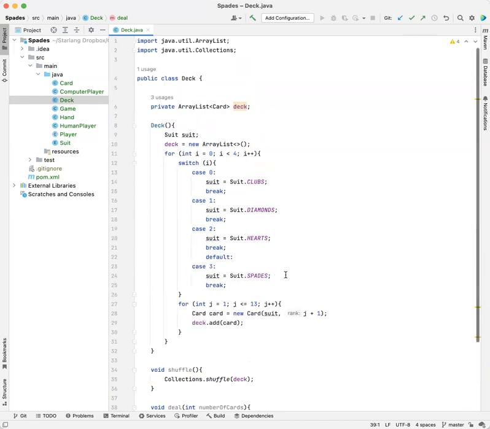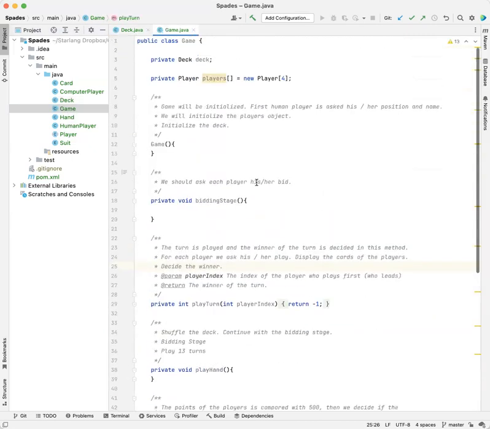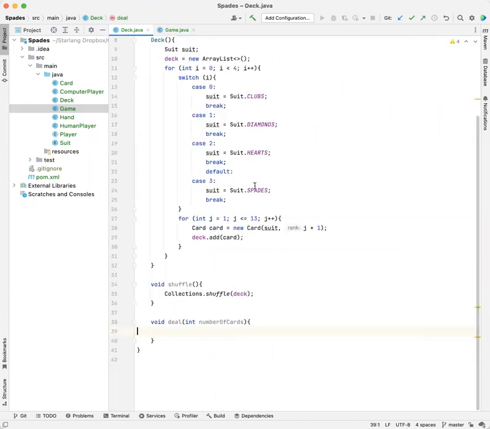So how will we deal the cards basically? So we have a number of cards, and then for each player, we will give cards to each player. So in that case, we need to have actually the players. So what is a possibility? A possibility is the game then can give the players array to the deck so that it will send the players the cards, or